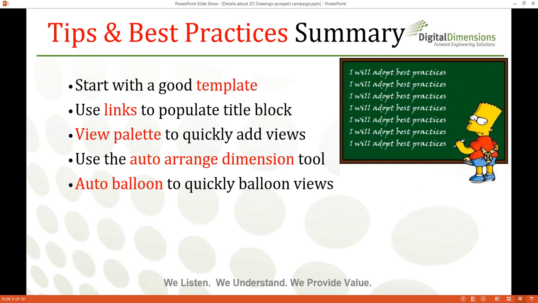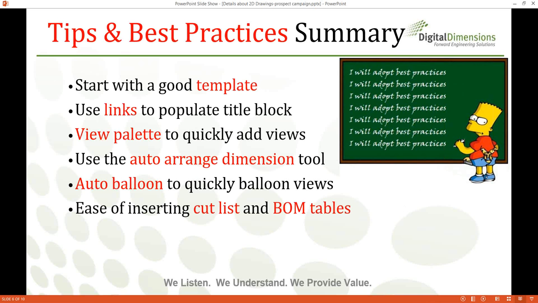Auto ballooning to quickly balloon views. Definitely a must-use tool, auto balloon, to balloon all those views within assemblies or weldments or stuff like that with lots of components. And then how easy it is to insert the cut list for the weldments and the BOM tables if you have assemblies in there that you're trying to have a list of parts included in your